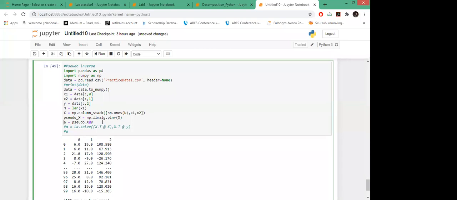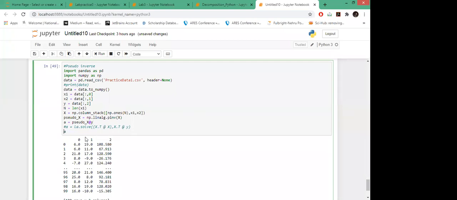Now how will you find this? What is the form of the pseudo inverse? It is nothing but the inverse of A transpose A, times A transpose. This matrix gives you the A transpose A inverse, but internally this function is using the SVD to find the pseudo inverse. You have different methods, different algorithms to find the pseudo inverse, but this particular function is using singular value decomposition. So let's see what your output will be.